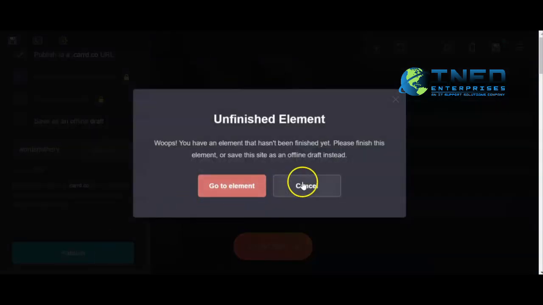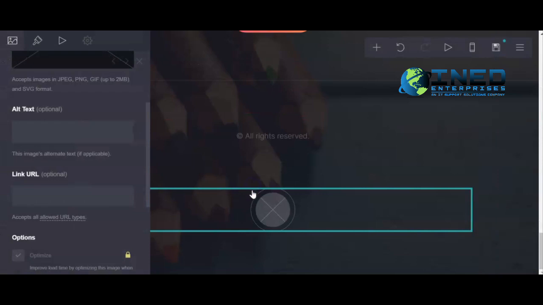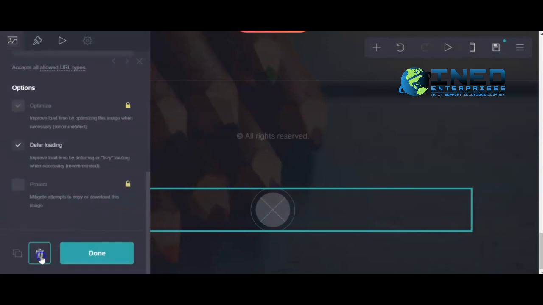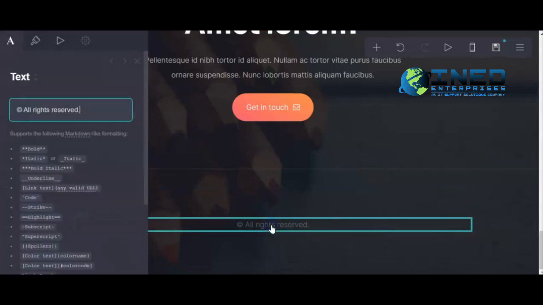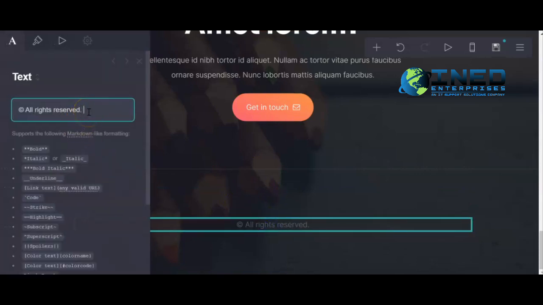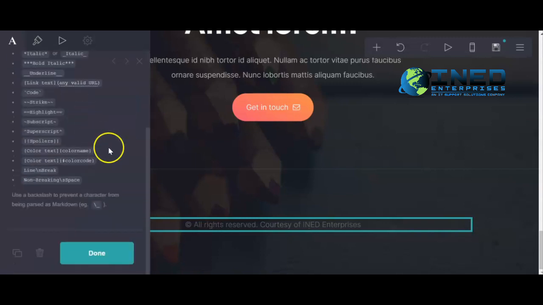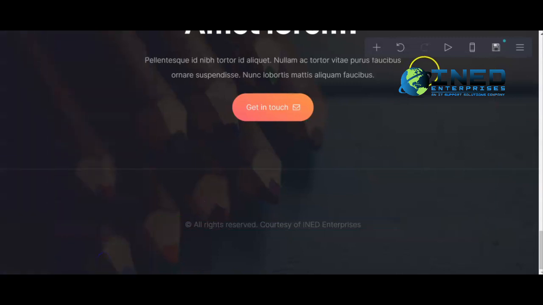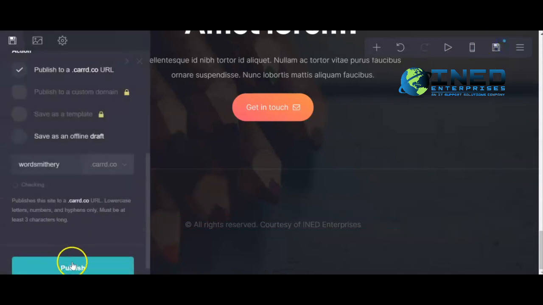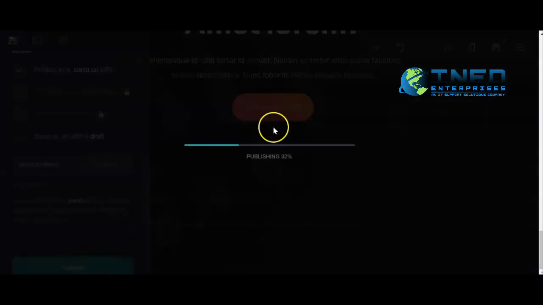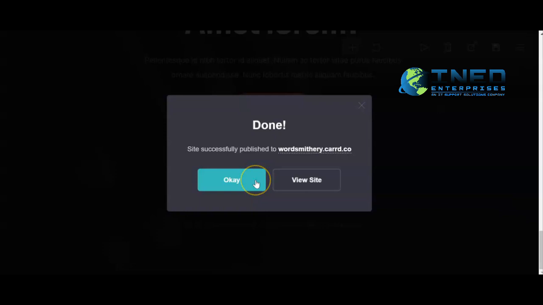Oh, we have an unfinished element. Let's go to the element and see. Oh, okay, perfect. So we can easily delete that. All rights reserved can easily be edited, saying courtesy of the business, iNet Enterprises. So that should do it now. Let's see, publish, cool. Boom. So as you could see, it's publishing. And our very first site, like I said, is